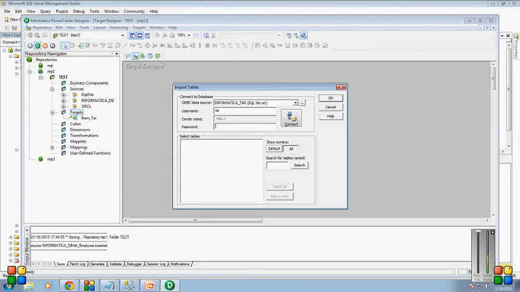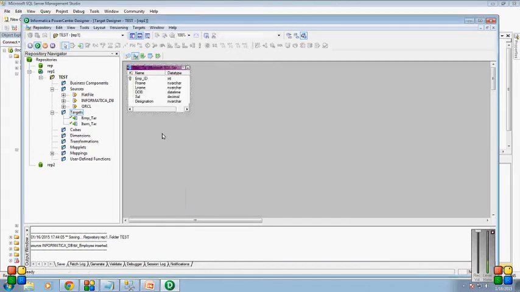Again, I've selected the target databases. Similarly connect to that. We can find that target table here, employee tar. Select OK. Here again we are going to save this table, Ctrl+S. We can see at the bottom of the screen that the target is inserted successfully into the repository. This is Repository 1.